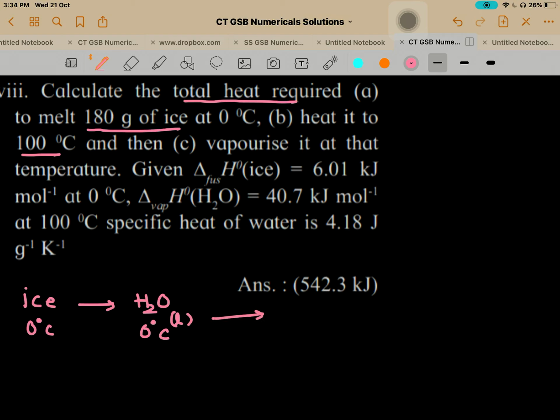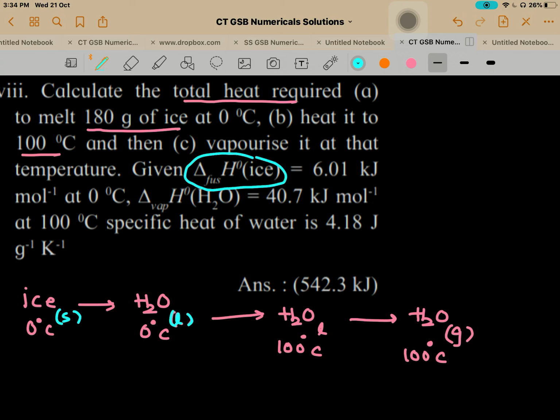Second step is you heat this water till 100 degree. So 100 degrees Celsius, but there's water also, and there will be just conversion of water to gaseous will start. But when you say H2O gas at 100 degree, that means it has got vaporized, right? Now see, this part, solid to liquid, this is enthalpy of fusion. Okay, solid to liquid. What is the meaning of enthalpy of fusion? That is what is given here.